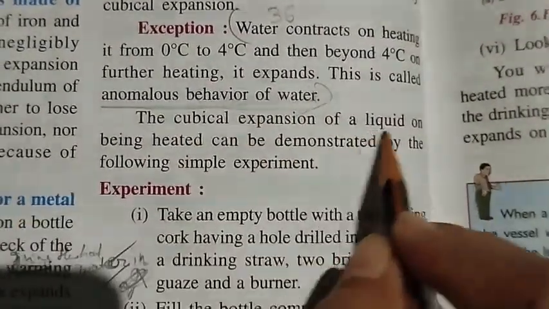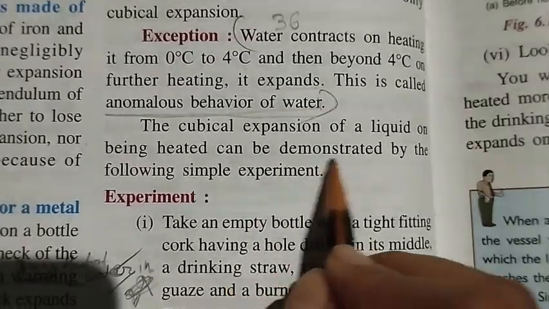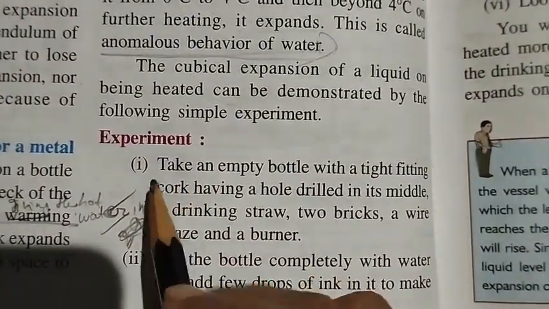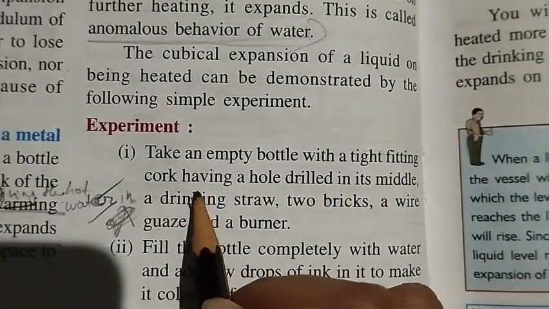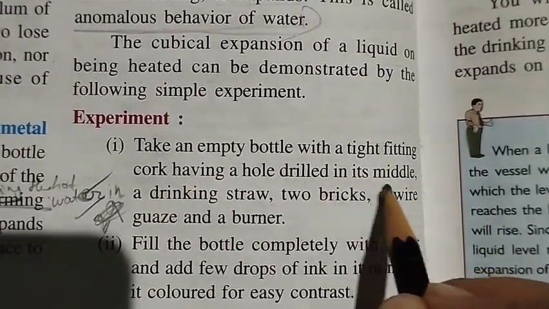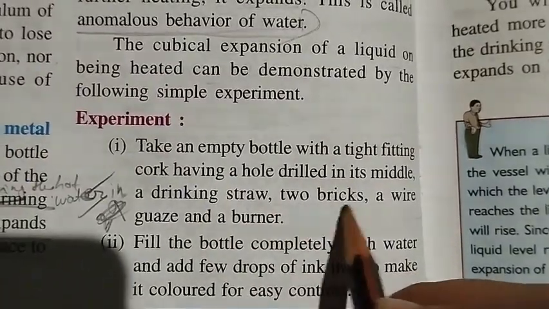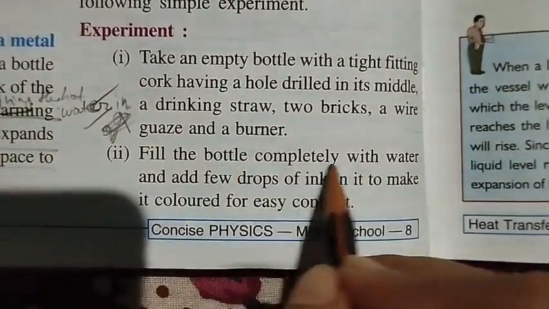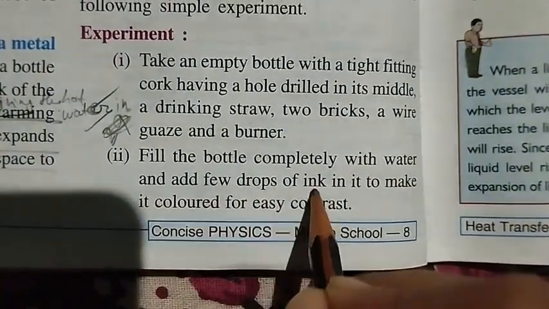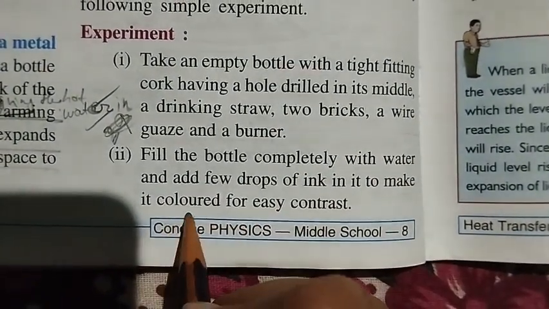The cubical expansion of liquids on being heated can be demonstrated by the following simple experiment. Experiment number 1. Take an empty bottle with a tight fitted cork having a hole drilled in its middle, a drinking straw, 2 bricks, a wire gauze and a burner. Fill the bottle completely with water and add a few drops of ink in it to make it colored for easy